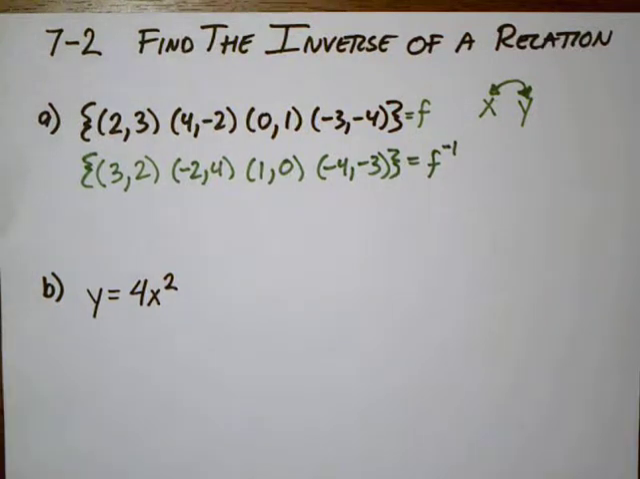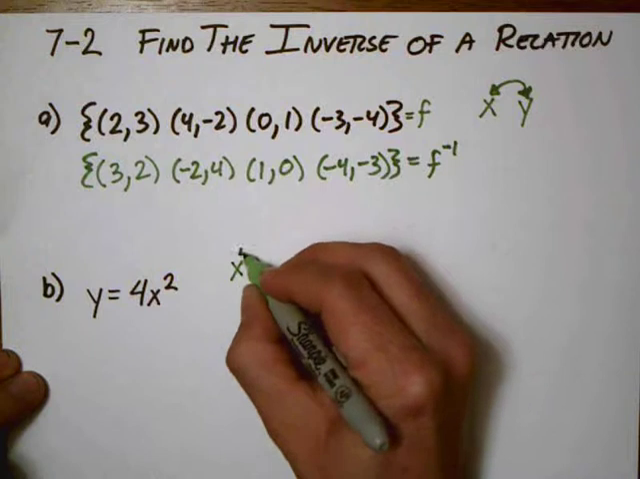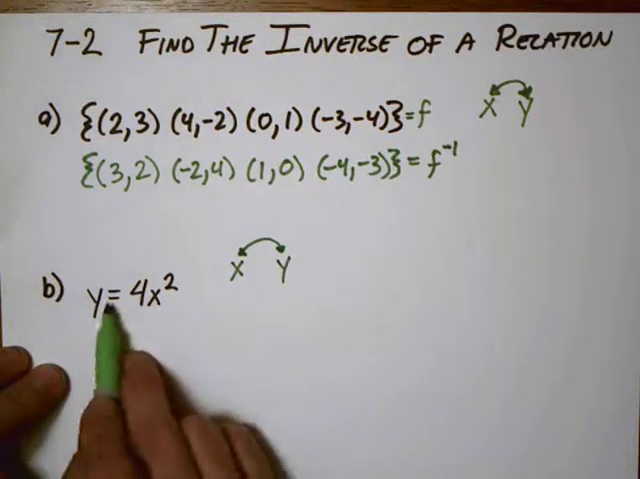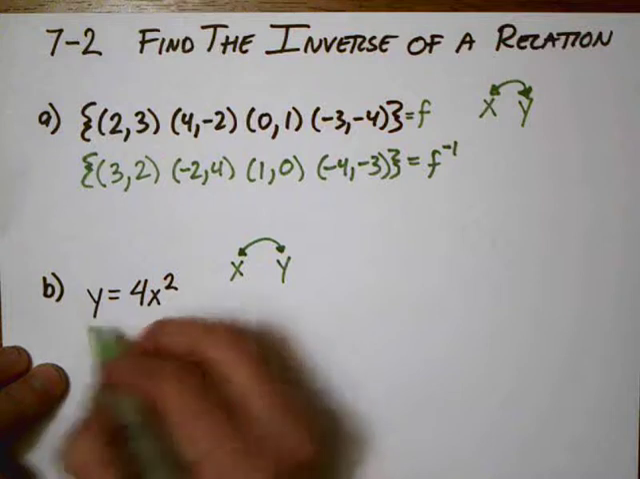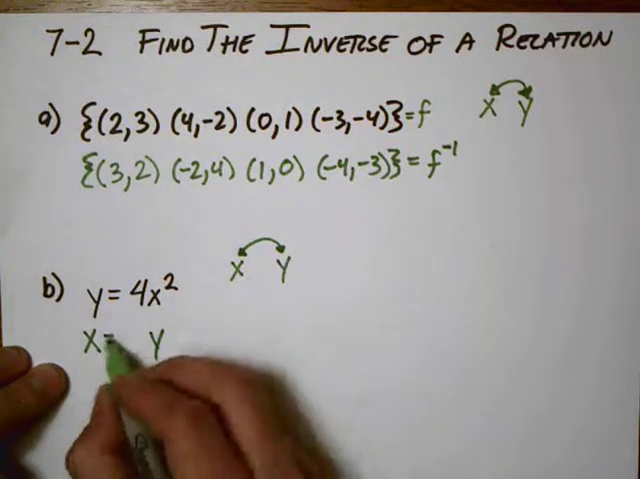So let's imagine we had an equation. We had a parabola like y equals 4x squared. Well, it's the same basic idea. We're going to be exchanging the x value and the y value. So instead of y equals 4x squared, we're going to take the x and put it over here, and we're going to replace that with the y. So we'd get x equals